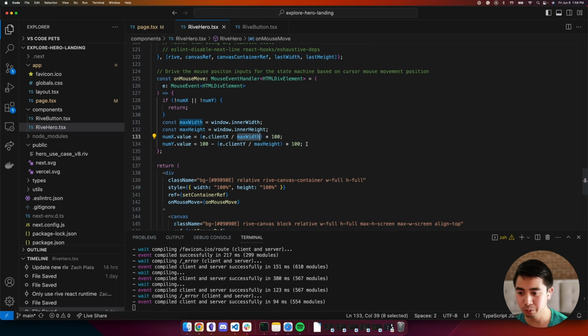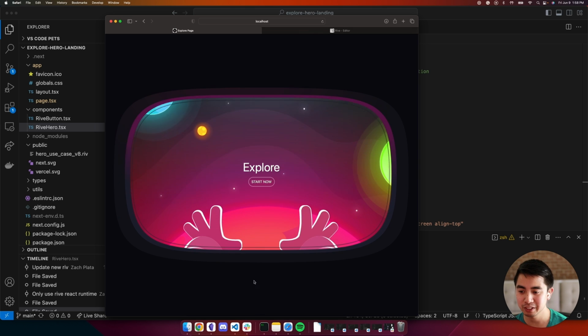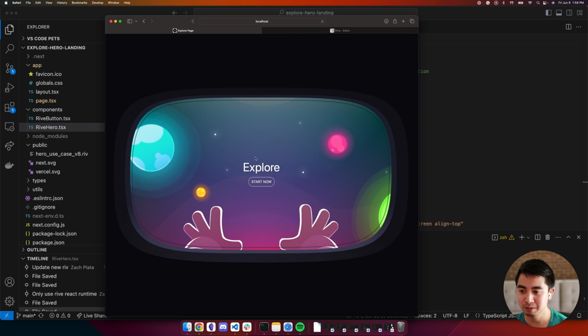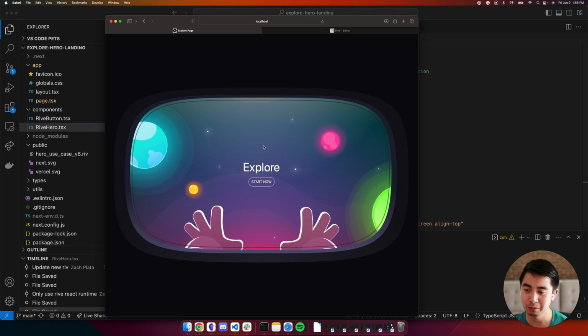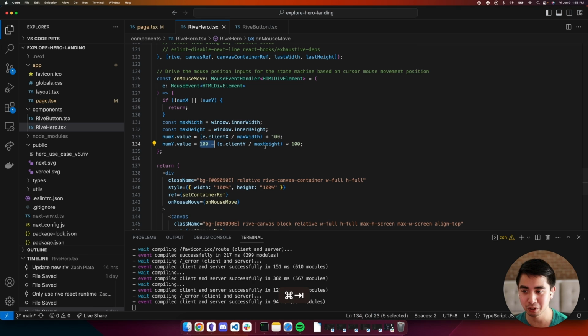And consequently, we're doing the same thing with y, but we're going to be doing 100 minus that because our y wants to work in a different direction here. So moral of the story is we are trying to get values or percentages of where the cursor is from 0 to 100% for both the x-axis and the y-axis on the viewport.